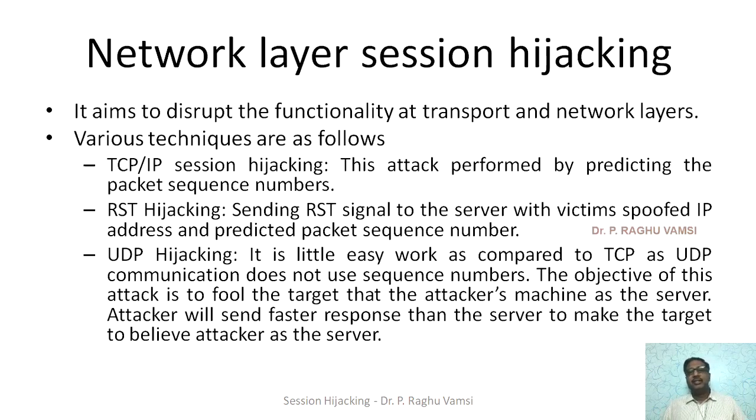The reason is that it is easier as compared to TCP communication, because UDP communication does not use sequence numbers. The objective of this attack is to fool the target that the attacker is the server. The attacker will send a faster response than the server to make the target believe the attacker is the server. The attacker will sit on the communication channel and spoof the packets, and if he observes a UDP packet, he will fabricate a UDP packet very fast and send the response